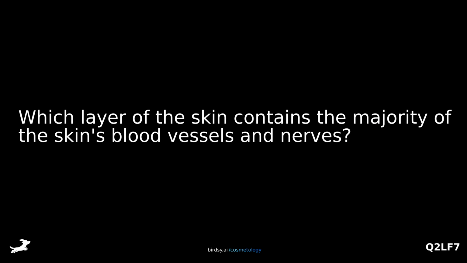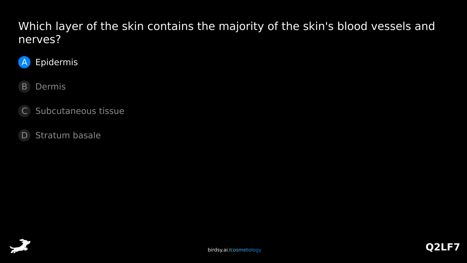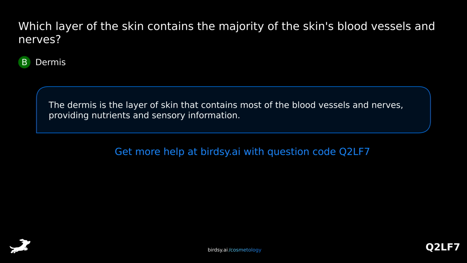Which layer of the skin contains the majority of the skin's blood vessels and nerves? Is it A, epidermis, B, dermis, C, subcutaneous tissue, or D, stratum basale? The answer is B, dermis. The dermis is the layer of skin that contains most of the blood vessels and nerves, providing nutrients and sensory